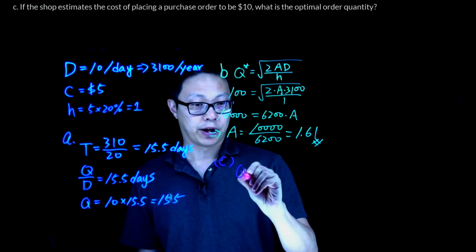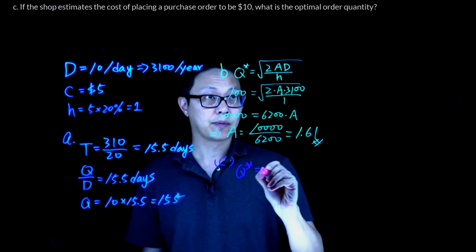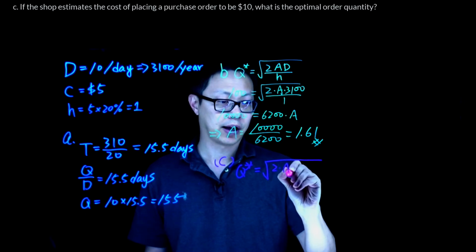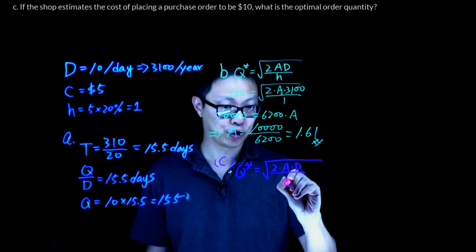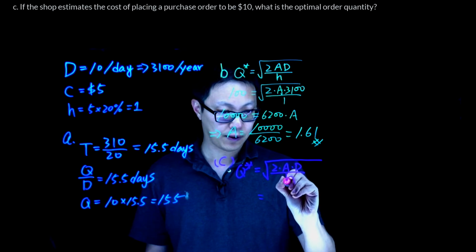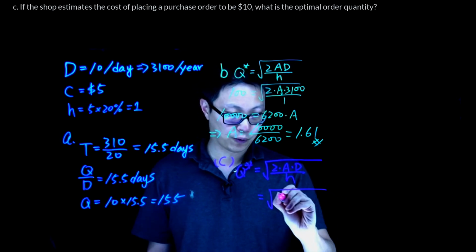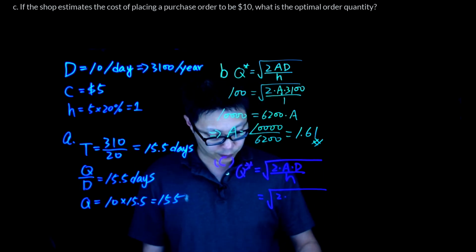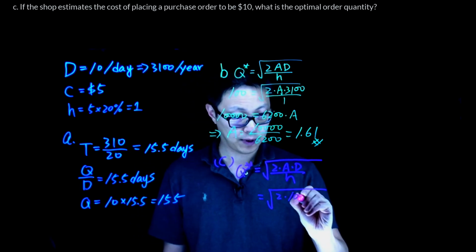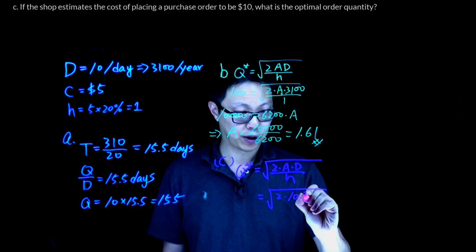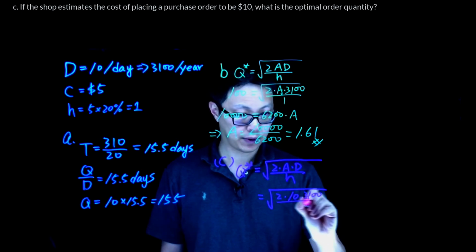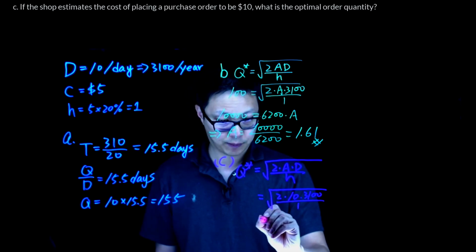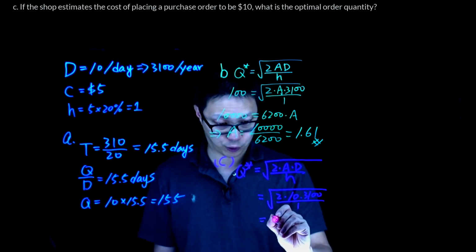We want to calculate Q, and we know Q will be equal to the square root of 2 times A times D divided by H. In this case, A will be equal to 10, D will be 3,100, and H will be equal to 1,